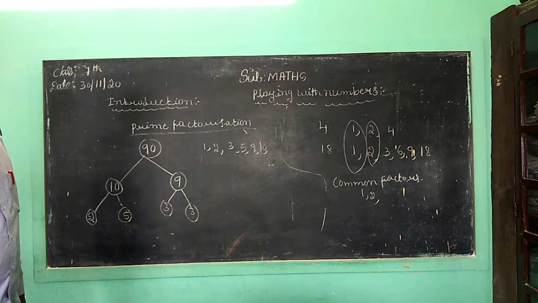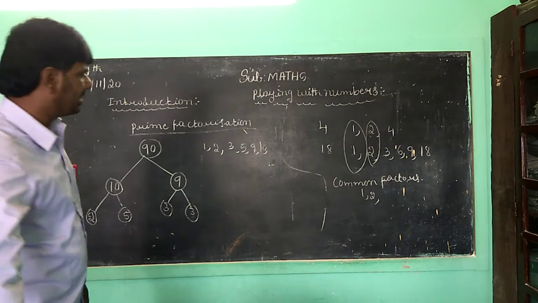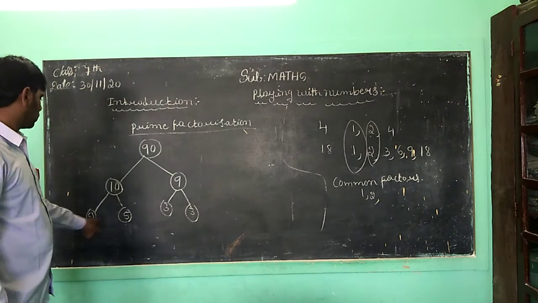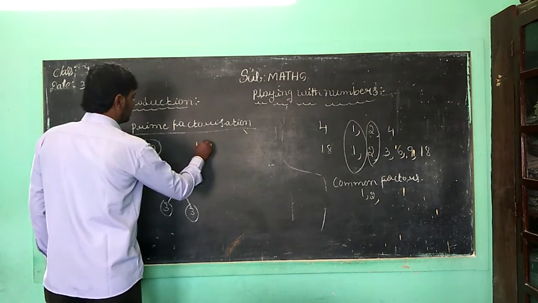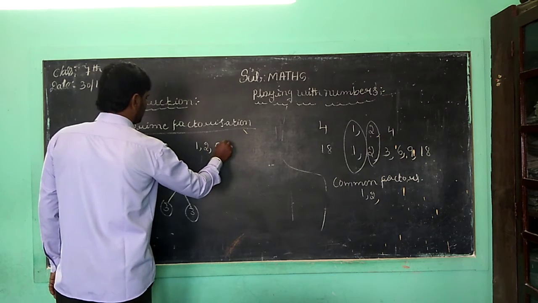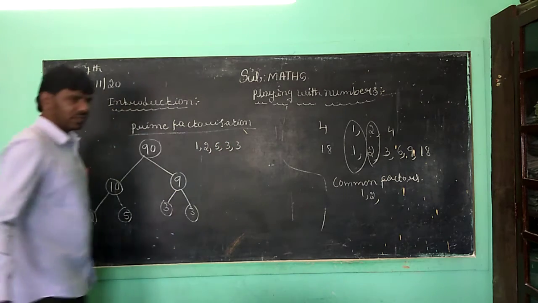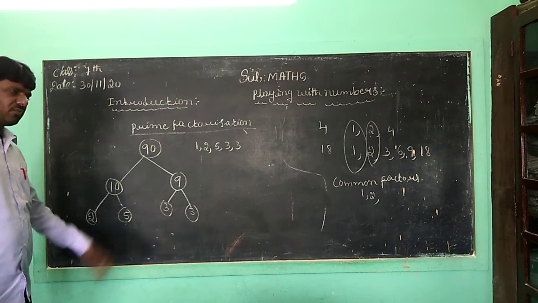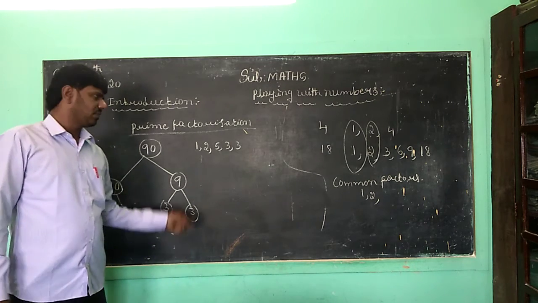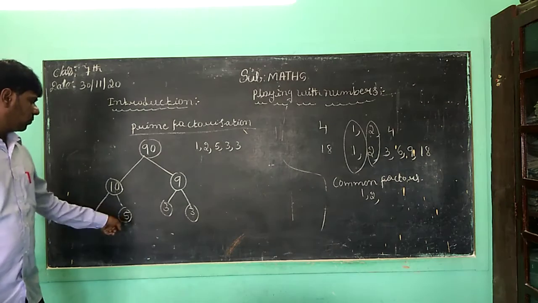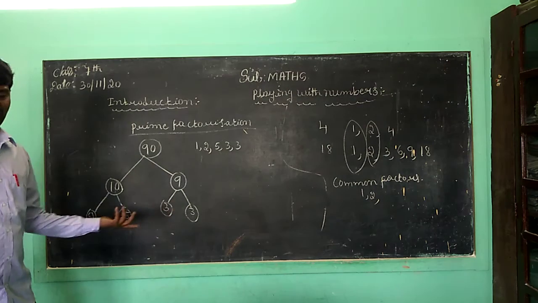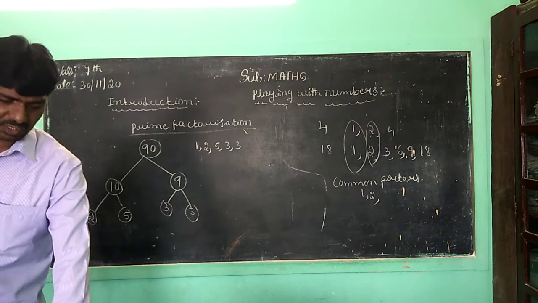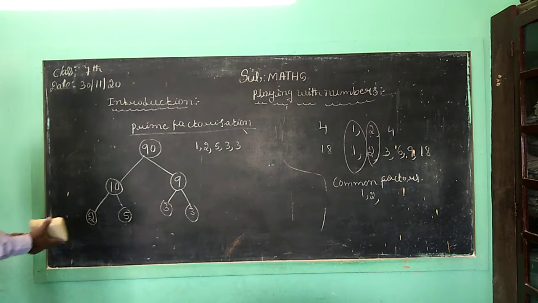Children, now how can you write the prime factors? Very simple. First, 2 into 5, and 10 has factors 2 and 5. 9 has factors 3 and 3. You write last 2, 5, 3, 3. 1 is the last; any factor, 1. Children, suppose you want to take a big number. How can you find it?